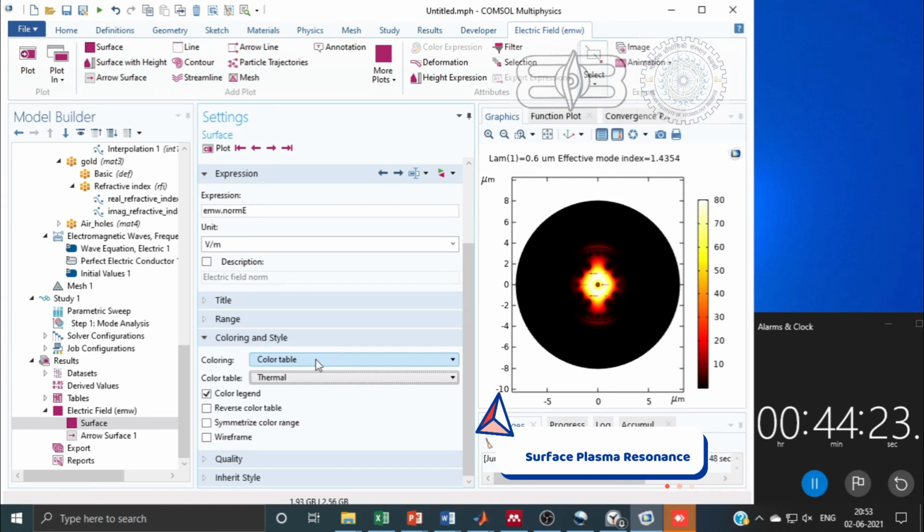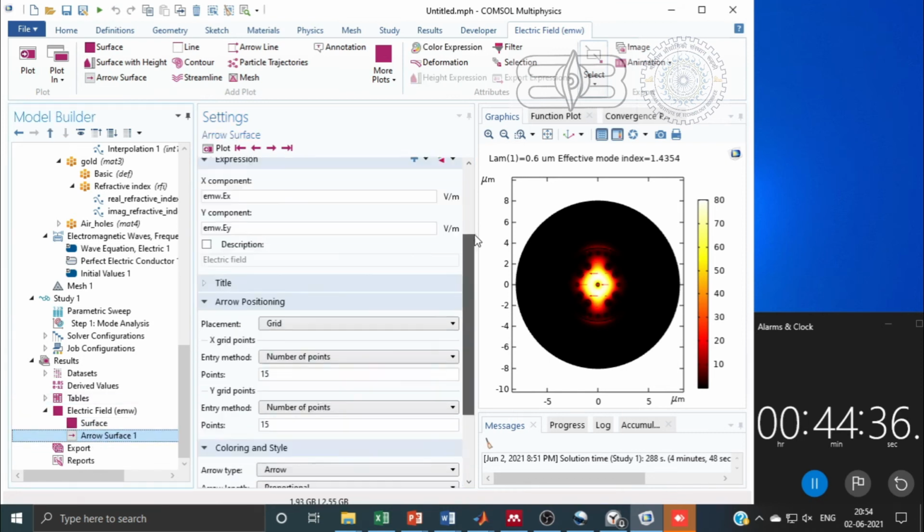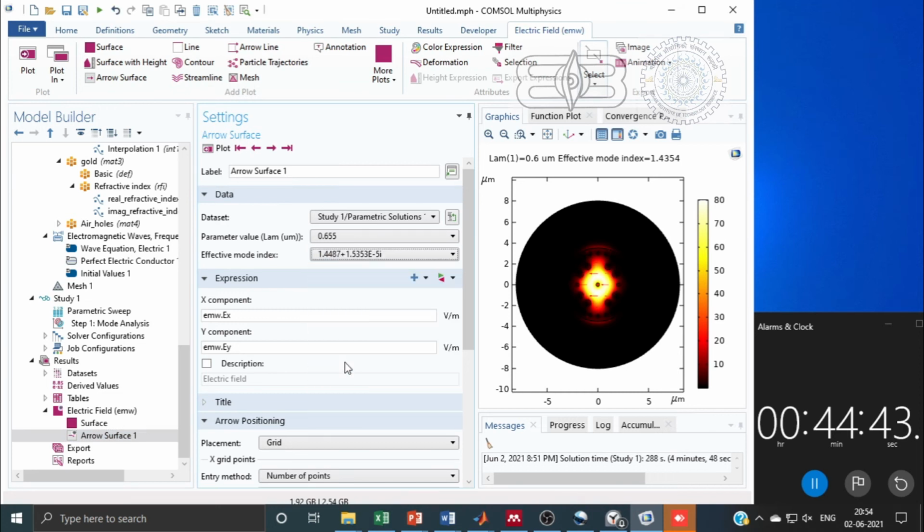At each wavelength we will get two modes, X and Y polarized. Here we have set the color table as thermal, because here we can see that there is a leakage of some energy, light, towards the metal and dielectric interface. That is surface plasmon resonance.